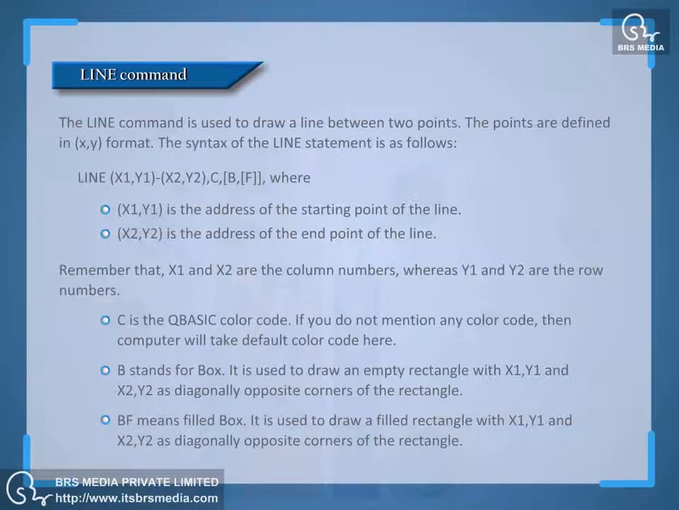Line command. The line command is used to draw a line between 2 points. The points are defined in X, Y format. The syntax of the line statement is as follows. LINE X1, Y1 TO X2, Y2, C, B, F, where